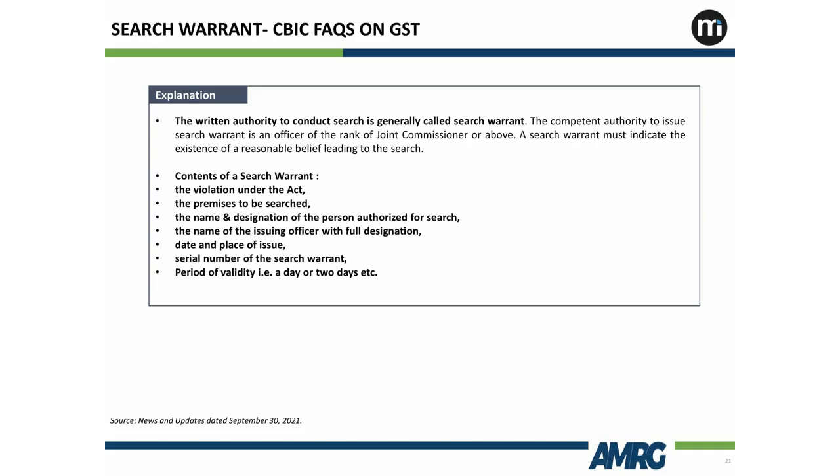वेरी इंपॉर्टेंट, जब आपके पास कोई सर्च के लिए आता है तो वो क्या क्या लेके आएगा। जब आपके लिए कोई सर्च के लिए आता है, then he will bring a search warrant. Normally a search warrant will have contents of a search warrant, violation under the act, premises to be searched, remember ground floor or first floor, not the entire premises, name and designation of the person authorized, who has authorized, to whom an authorization has been given। एक ऑफिसर होगा, सीनियर ऑफिसर जिसने ऑथराइज करा होगा, जूनियर ऑफिसर का नाम होगा जिसको ऑथराइज करा होगा, डेट एंड प्लेस ऑफ द इशू, सीरियल नंबर ऑफ द सर्च वारंट, वैलिडिटी पीरियड, एक डिन नंबर भी होगा जिसमें नहीं लिखा है क्योंकि सितंबर 2000, तो डिन नंबर होगा, डॉक्यूमेंट आइडेंटिफिकेशन नंबर, वो सबसे ज्यादा जरूरी है, आप उसको जरूर चेक करें।